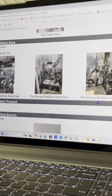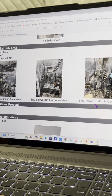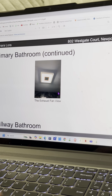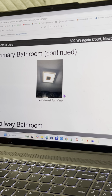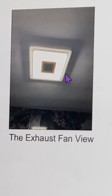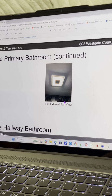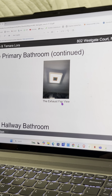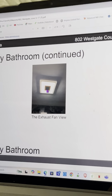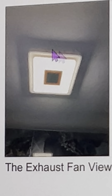The rain shower worked good. The sprayer worked good behind it. Like, it's an awesome shower. The exhaust fan light worked good. The light is kind of tricky. You got to press on it a certain way to get it to turn on, and it's right next to the light switch. Did it have a speaker? Yeah, the middle is a speaker right here. It's a Bluetooth speaker, and then you got the light, and then above the light is actually the exhaust fan,